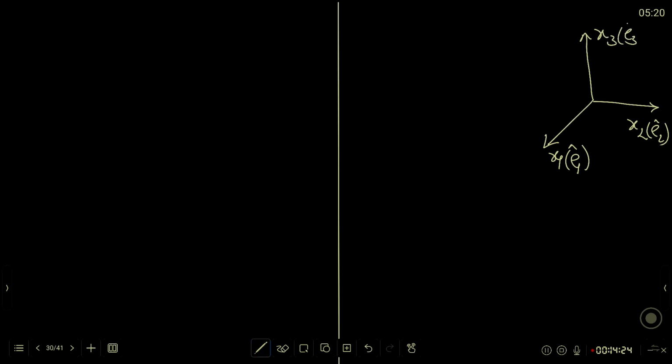If I have a tensor of second order, that will be expressed in this coordinate system as